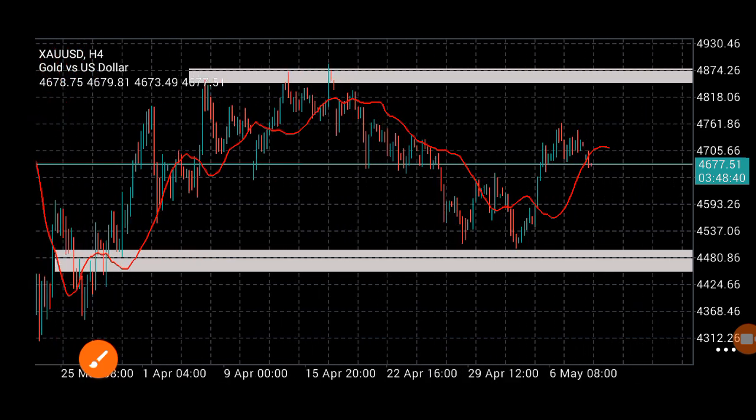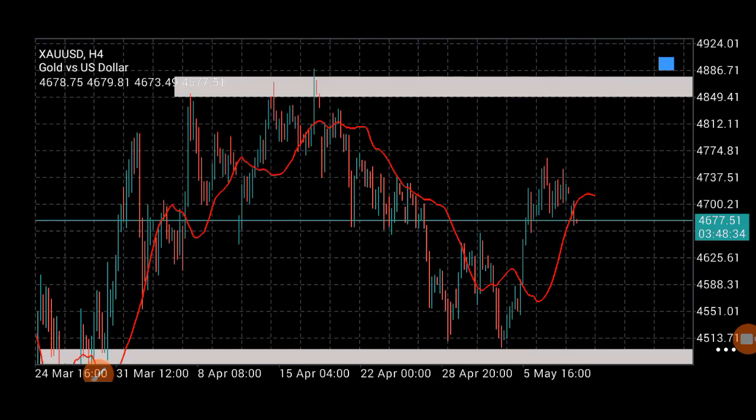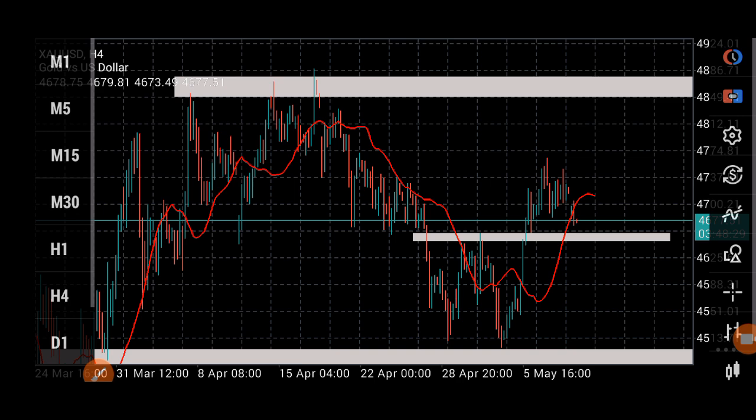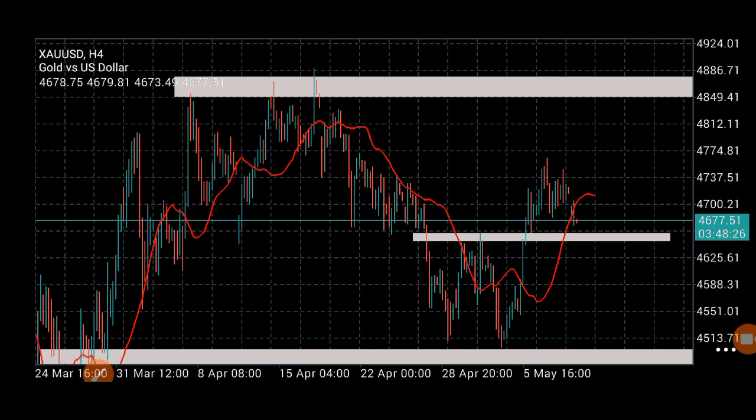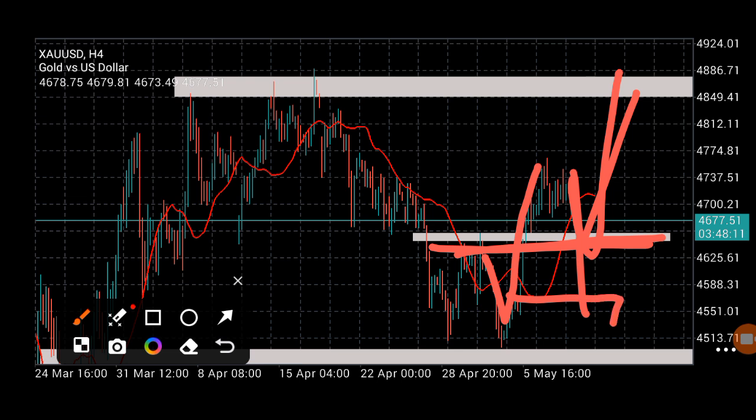So let me see what I can actually mark out from this point. I can use a rectangle tool at this point here as a breakout. This is the zone where the market is coming back for a retest, and then we go back to the upside. The market can come back for a retest here, or can drop further back to this zone here before going back up. Either way, we're going to wait for the market to do whatever it wants to do, and then